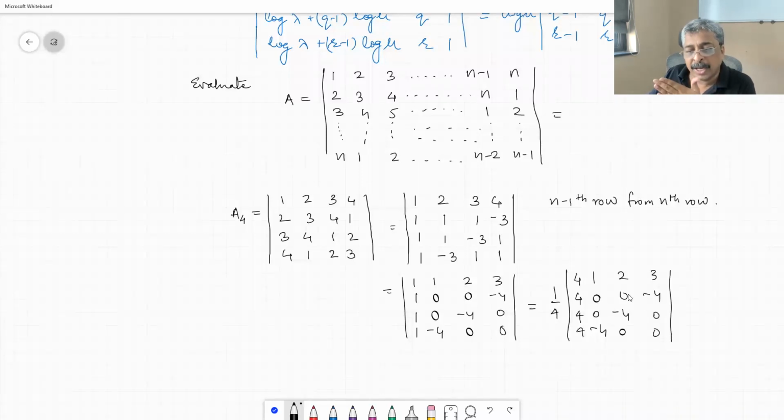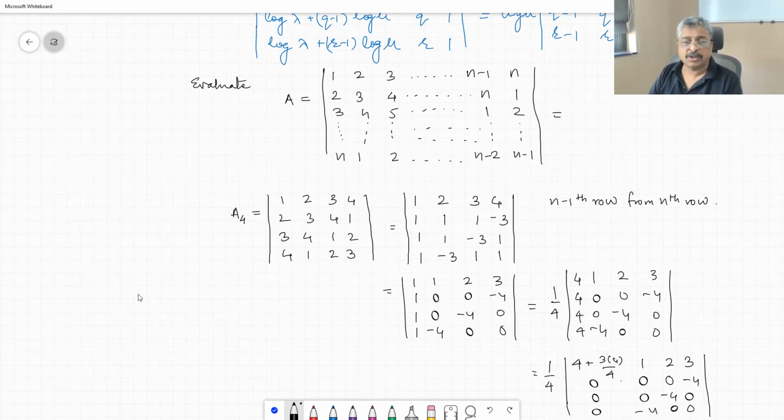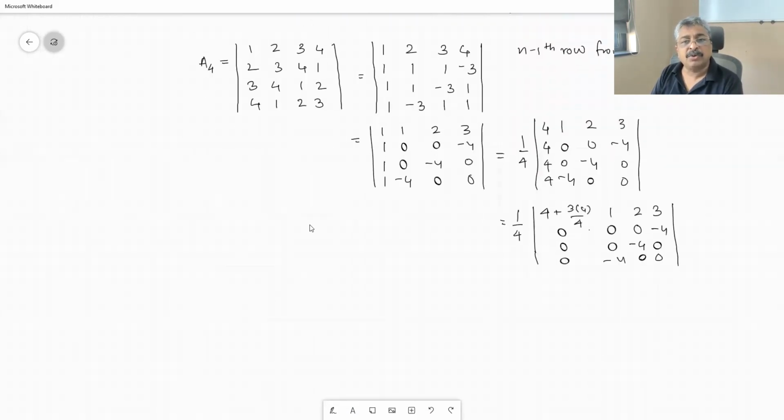Now what is good about this is if you add all the three columns to the first, you will get 1 by 4, 4 as it is, plus 1 plus 2 plus 3, that is 3 into 4 upon 2, that is your first entry. 1 2 3 row wise, second, third and fourth entry, and now what you are doing is adding all of them. So this becomes 0, this becomes 0, this becomes 0, and then 3 by 3 continues to remain as it is. So this is the best possible reduction that you can have, and then after this you have to go for